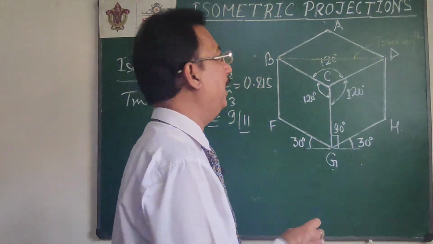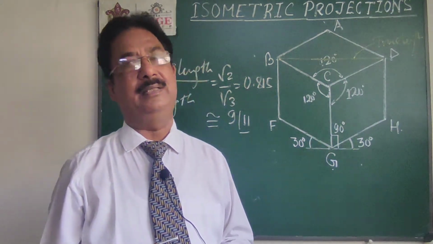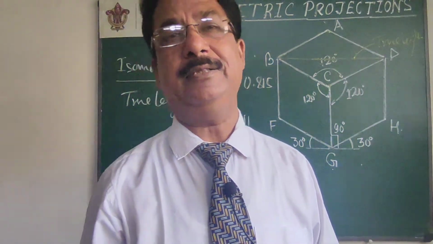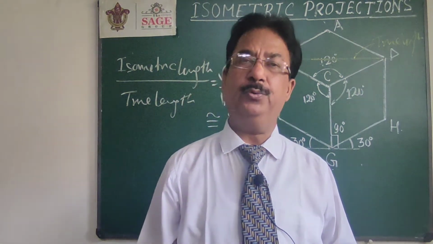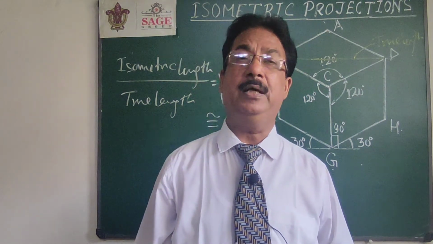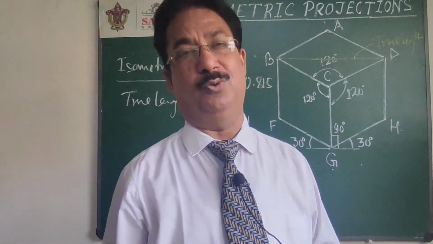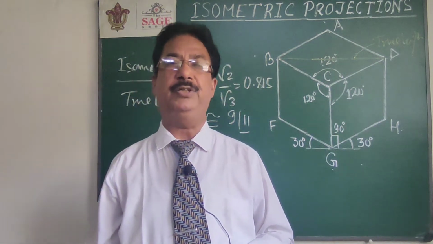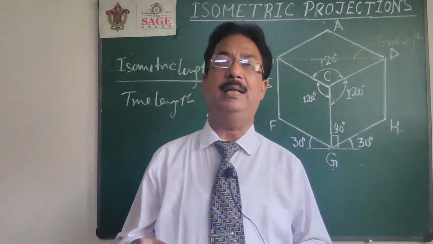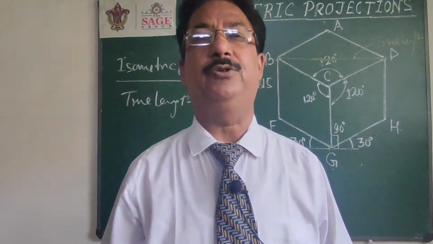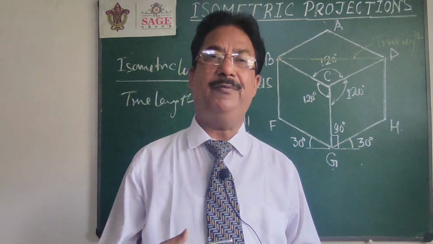But what about the non-isometric line? A non-isometric line, this BD, which is not parallel to any of the isometric axes, is at this moment retaining its true length. So what about the property of the non-isometric line? They may be reduced, they may retain the true length, and a new thing is there: the length of the non-isometric line can be increased also. So this is the only type of projection in which the object's length can also be increased. I am not talking about the overall size of the object, but some lengths may be increased, some reduced, and some may retain their shape. That's the way we can get the 3D.